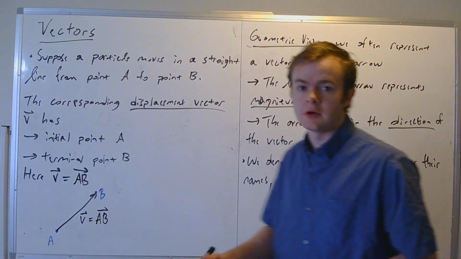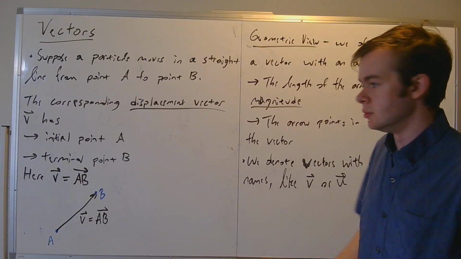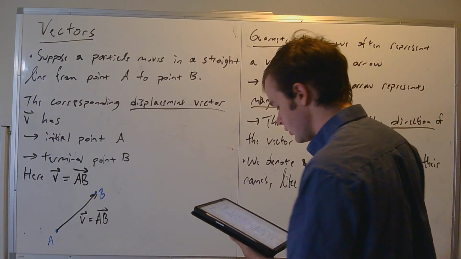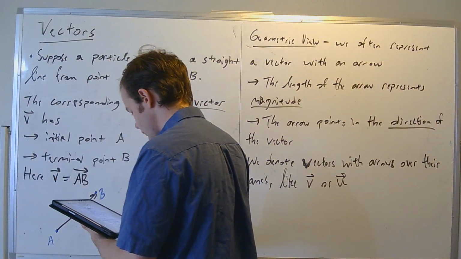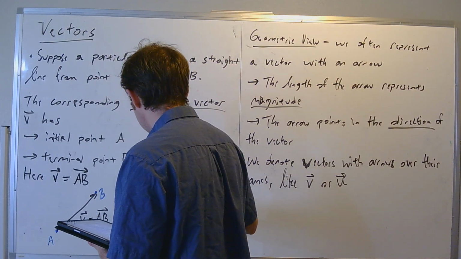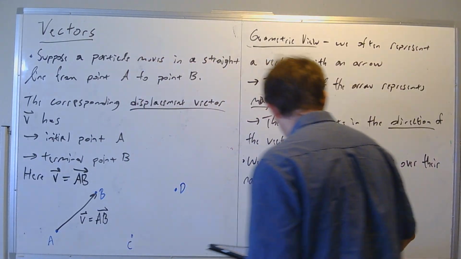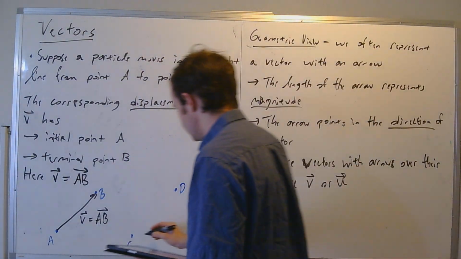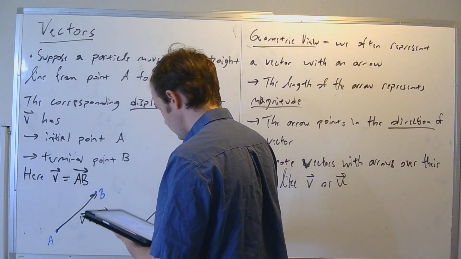Right, so if we draw a vector between the 2 points, that's going to be the displacement vector between the 2 points. And I'll say here, let's say we have another vector going from C to D, and let's say that this is our vector going from here to here, where u